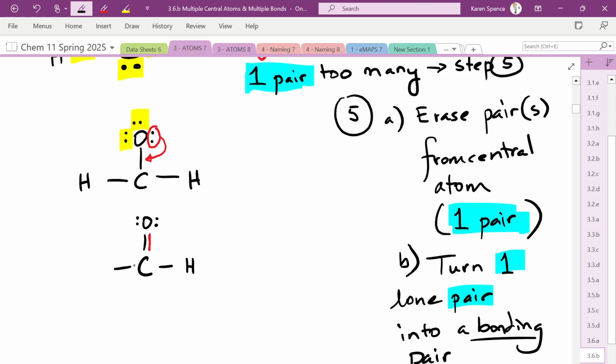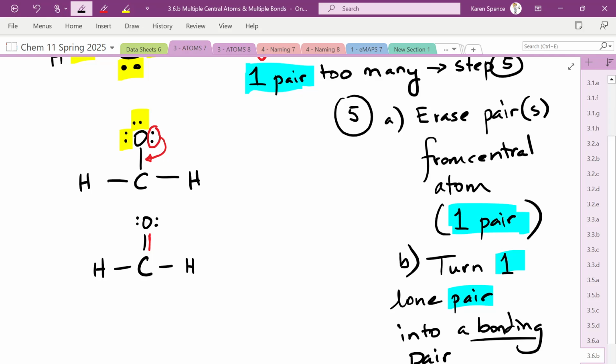And we still have hydrogen and we still have hydrogen. Okay? And at this point, you say, is it an ion? If it is, you need brackets and charge, but it's not, so we don't. Are there resonance structures? We haven't learned about that yet. So we're going to ignore step 6, 7,